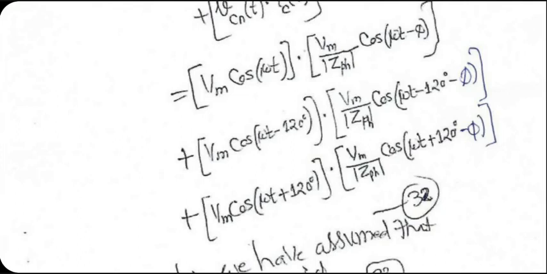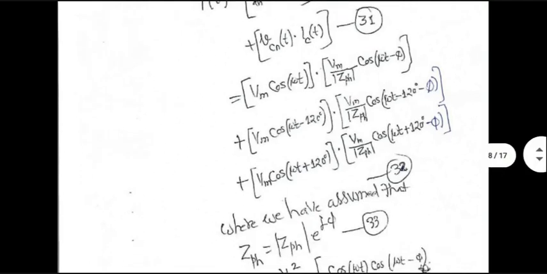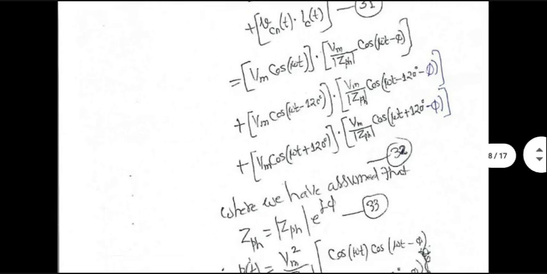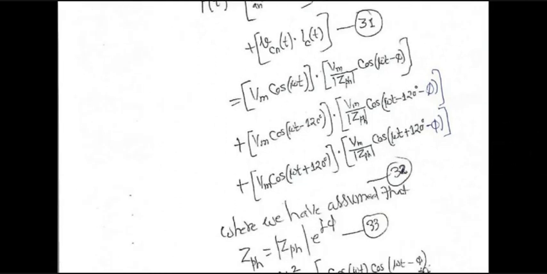In the balanced case, it's easy to write and easy to simplify all this. In the unbalanced case, you'll get phi 1, phi 2, phi 3 because the load is unbalanced for sure. And because of losses, more complications will arise. But for the simplified case we are looking at, I think it's easy to move forward from this equation that we have written. If you try to simplify this equation further, you will need to remember trigonometrical identities for cos A cos B.